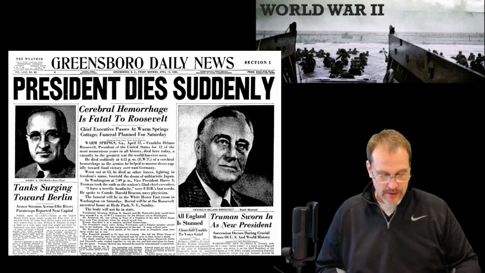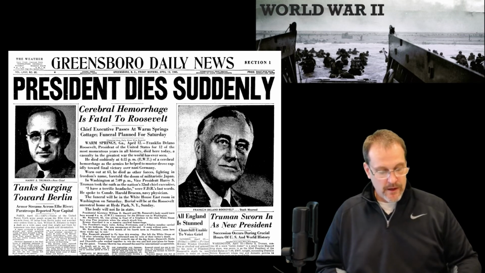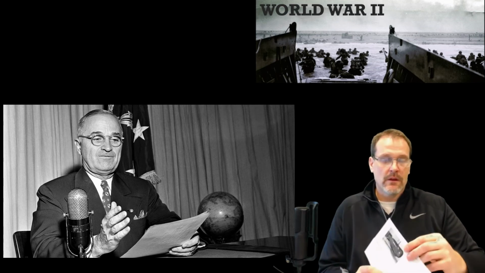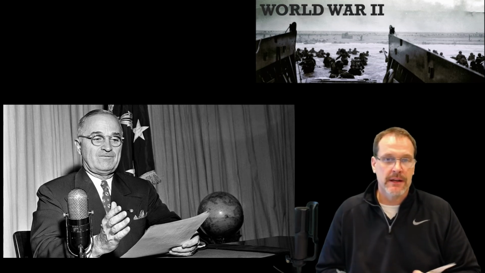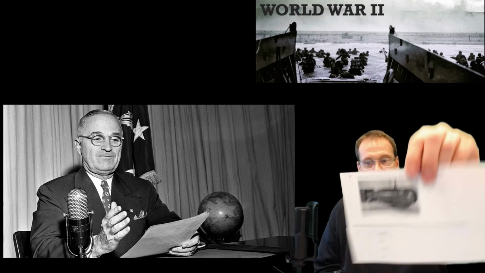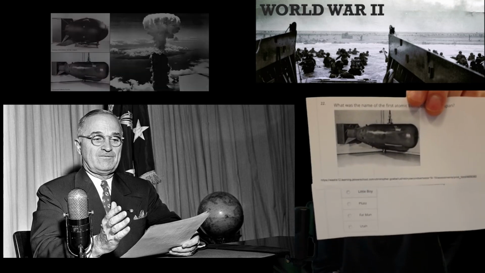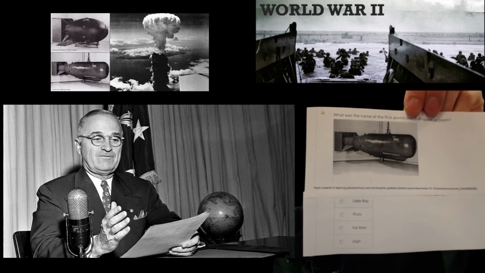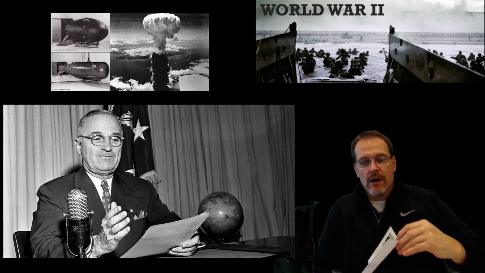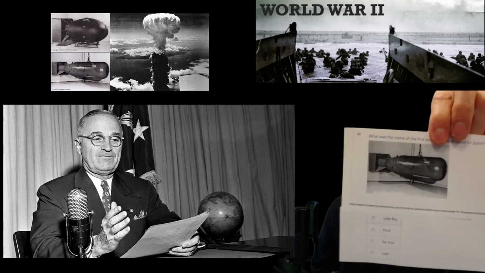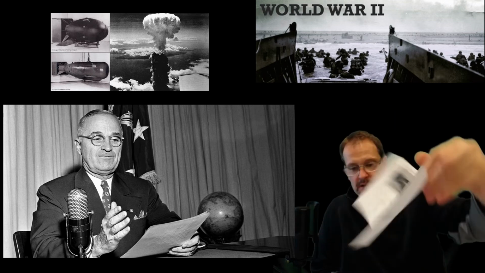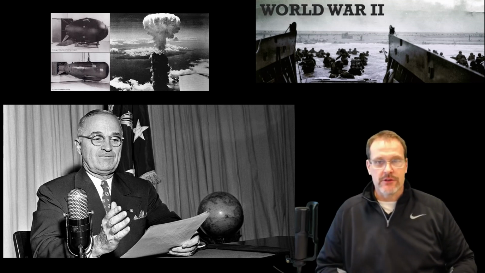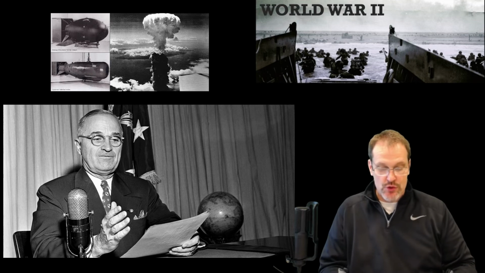Truman would be given the responsibility of basically the secret programs of the United States. Some of those secret programs, one of those being the atomic bomb. This is basically the name of the first atomic bomb that was dropped on Japan right here. This is the Little Boy. Now the Fat Man was a plutonium bomb, where this one is a uranium bomb. And of course we watched the video. It's a gun type bomb, basically smashing together uranium atoms. And of course you want to create a chain reaction and an explosion.